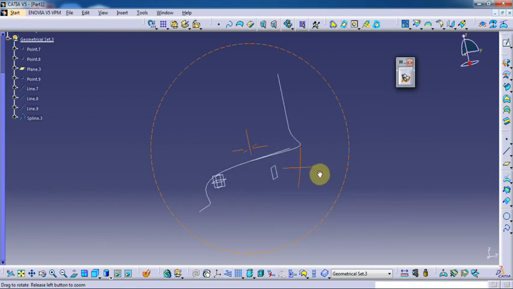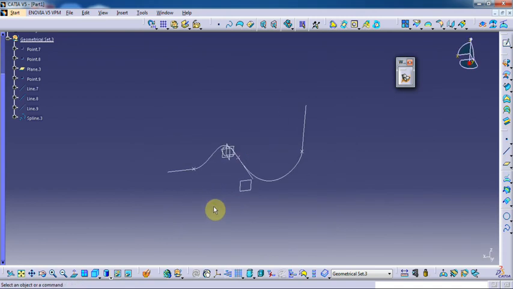So that's it. That's how spline works. We show you how to use it in many directions, in many situations,